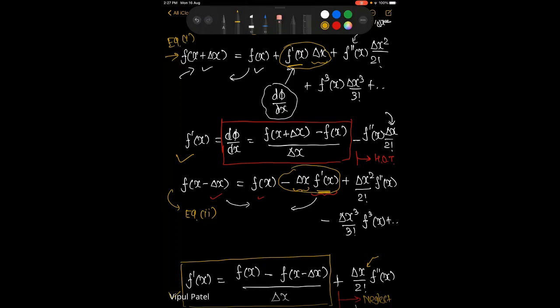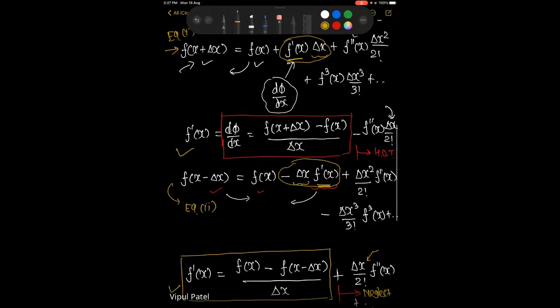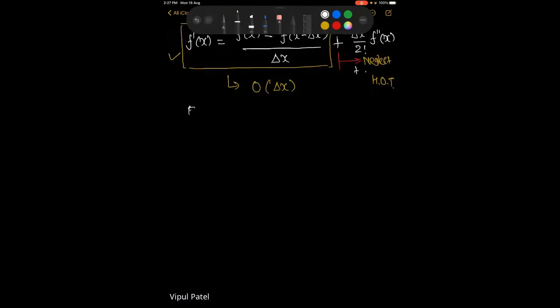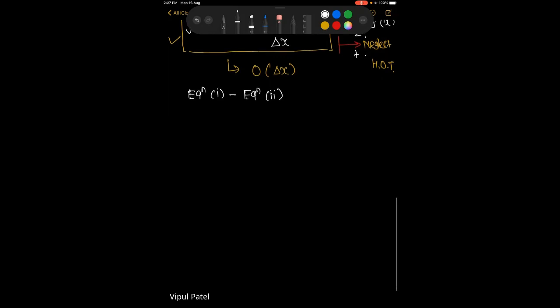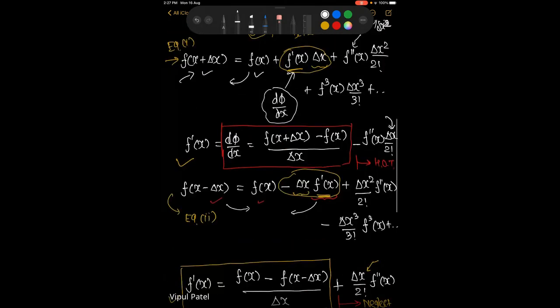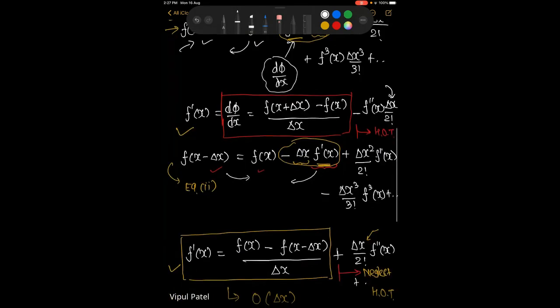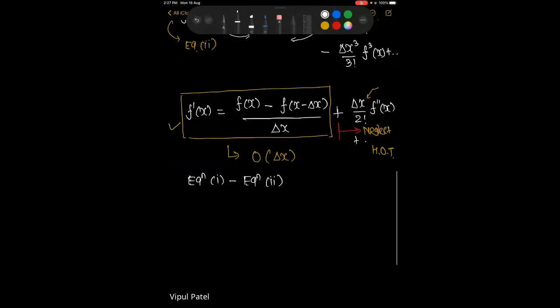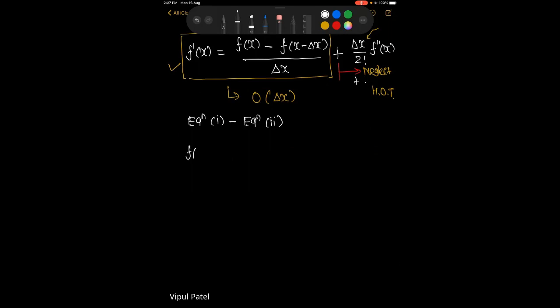Okay, so what I'll do, I will subtract equation 2 from equation 1, so that this term will be cancelled out. I'm skipping this part, and I'm writing over here. Okay, so what I'm doing, I'm subtracting equation 2 from equation 1. Okay, so with this expression, what I'll get, on the left hand side I have f of x plus delta x, and here I have f of x minus delta x. Okay, so with that I'll get f of x plus delta x minus f of x minus delta x, and on the right hand side